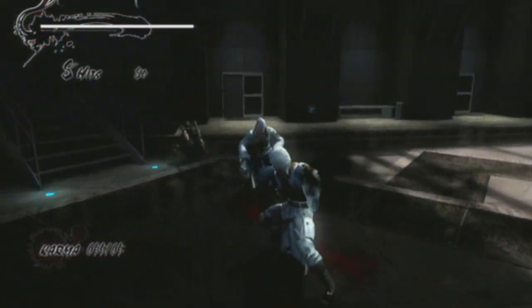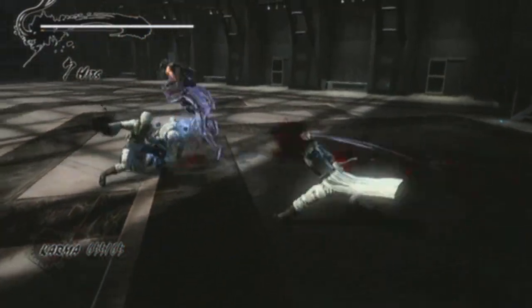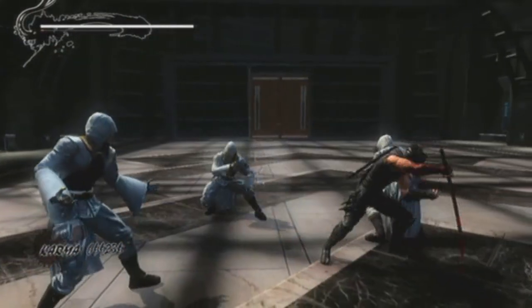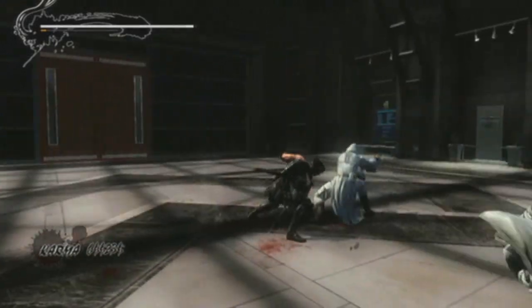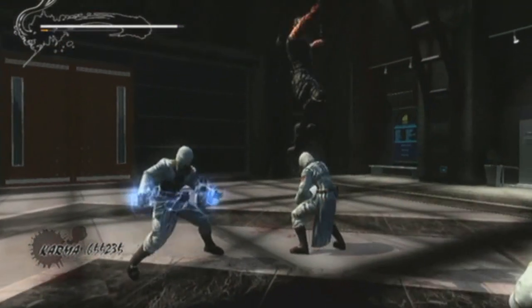So it's square, square, you hold triangle, and then triangle, triangle. Or on the 360, XX, you hold Y, and then Y, Y. Usually works pretty well with them. You can knock them down with it. I don't use it constantly though. I'll do that to them a few times, and then afterward I will begin the Izuna drop combo